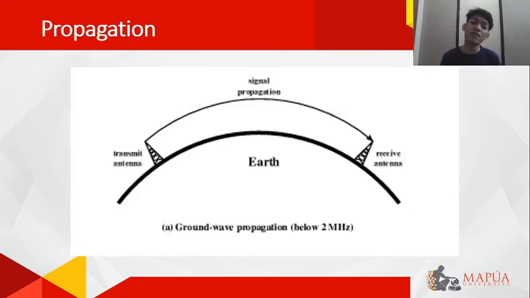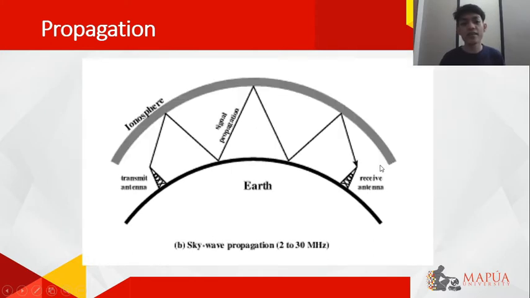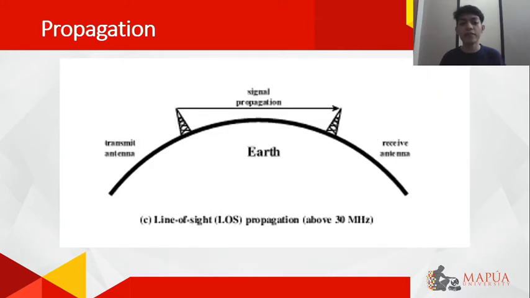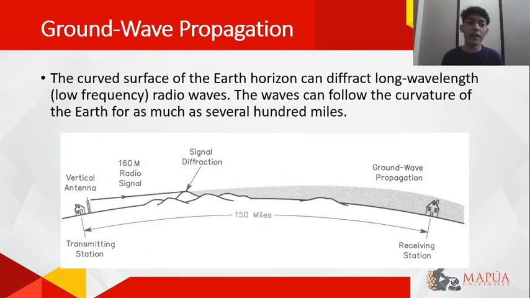Now we proceed with the discussion of the different types of propagation. The first type is the groundwave propagation, which is depicted on the screen. The second type is the skywave propagation, and the third type is the line-of-sight propagation. The groundwave propagation